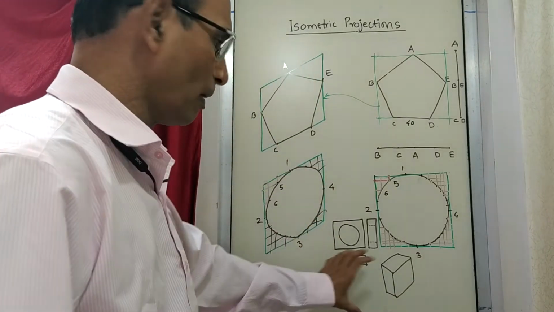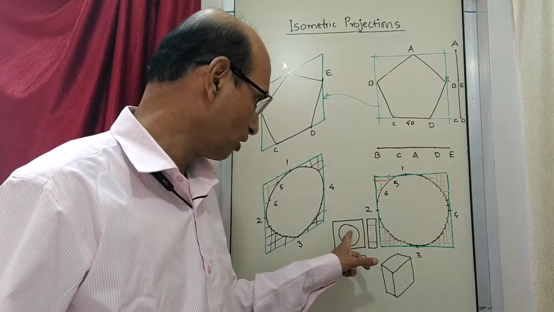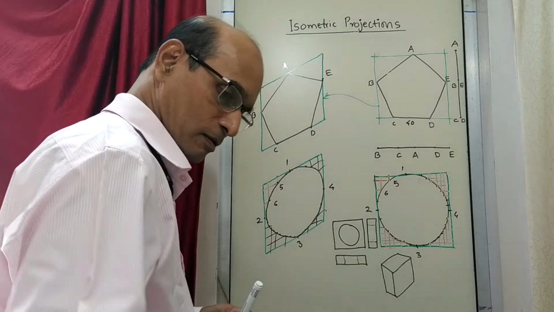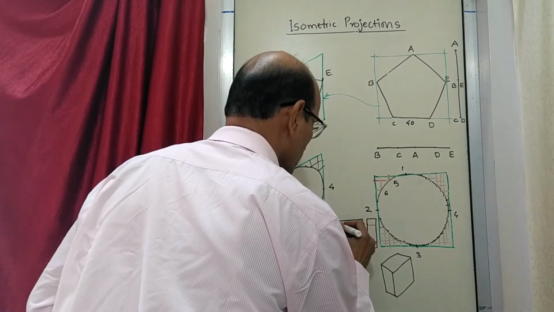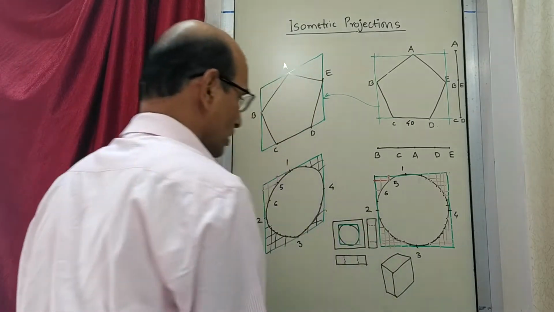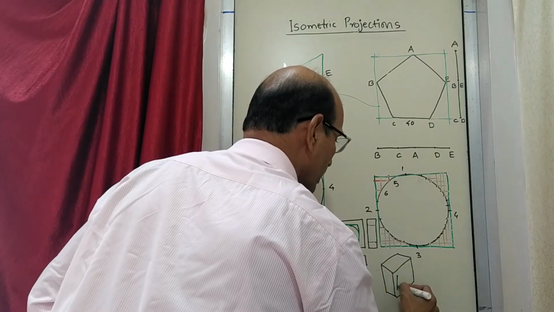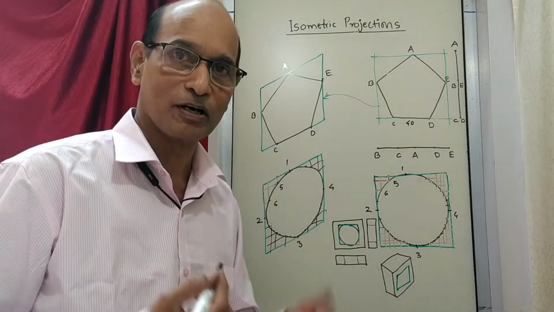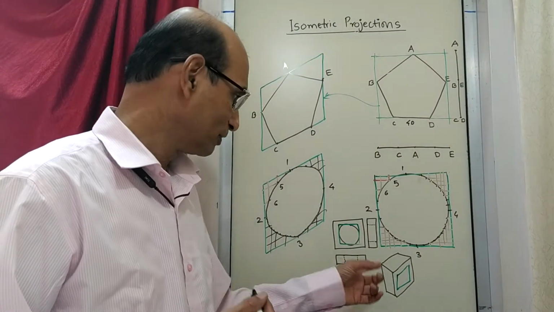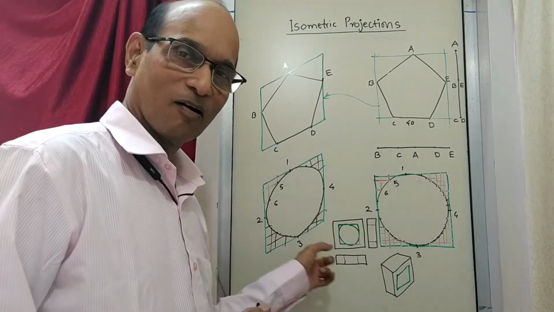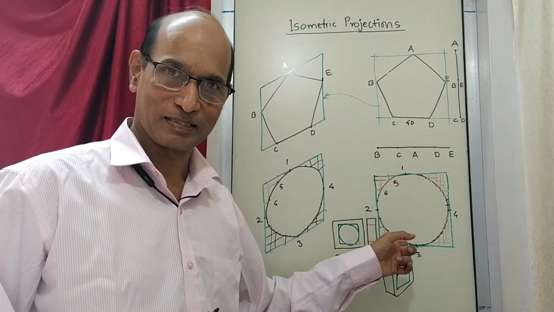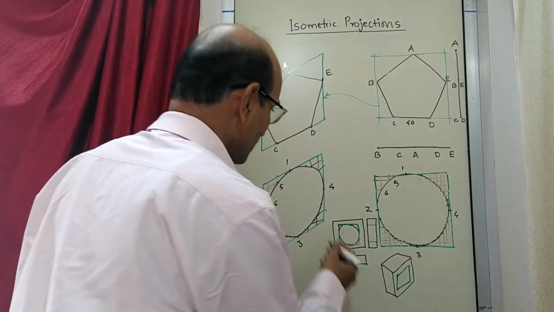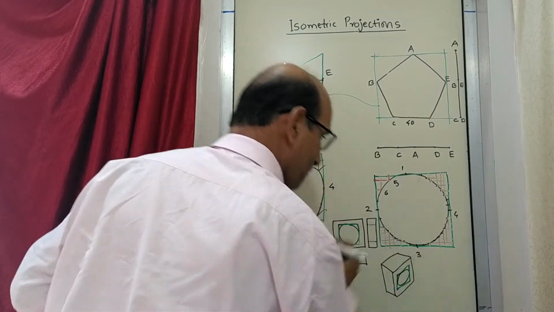This box you can draw by the usual procedure which you have done earlier. And now for drawing a circle which will come somewhere here, what you will do? You will enclose this circle in a square, like what we have done here. Draw that square. And after drawing the square, you will use all this tedious process, very lengthy, very complex, very long process, and you will draw this circle.